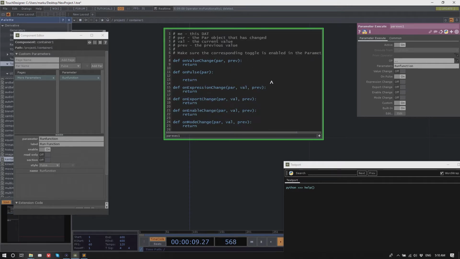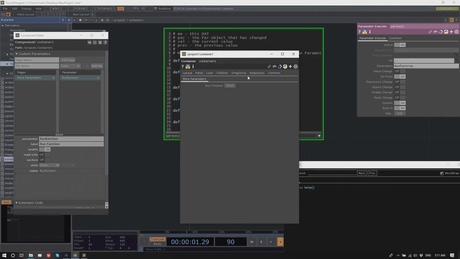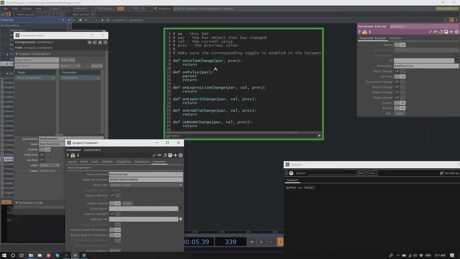So now I can go in here and say parent, or actually I gave this container parent shortcut, my container, so I can say parent, my container dot promoted function, and it expects some kind of value in it.